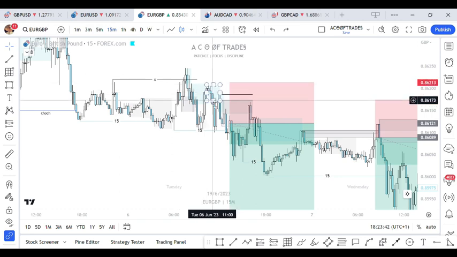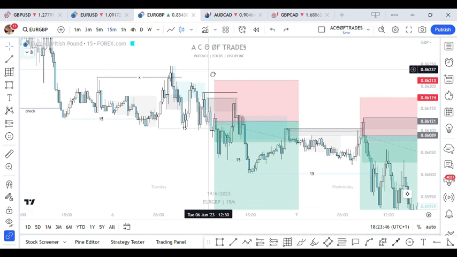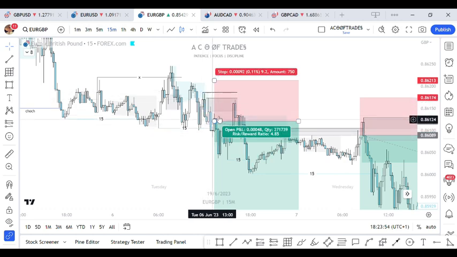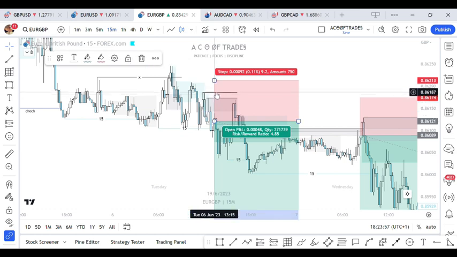So 1 mitigation, 2 mitigation, 3, and on the 4th one is where I decided to enter. I probably would have entered up here if this had closed below, but this is the one that chose to close below. So I entered off the next valid POI here. Now I've got this black line here